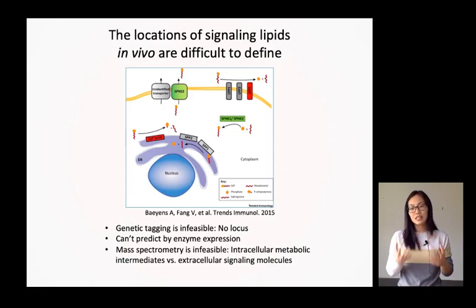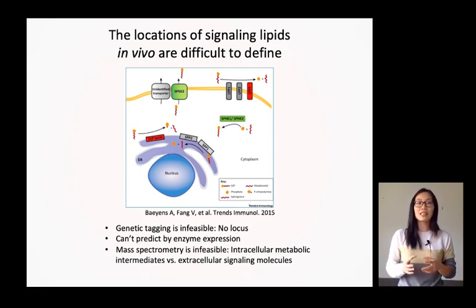But actually, it's very hard to determine where the S1P is within tissues. And that's because the locations of signaling lipids in vivo in general are pretty difficult to define. Number one, lipids are not genetically encoded, so you can't tag them with a GFP or other fluorescent marker. Number two,